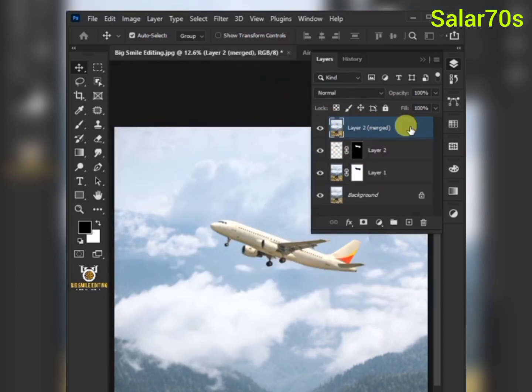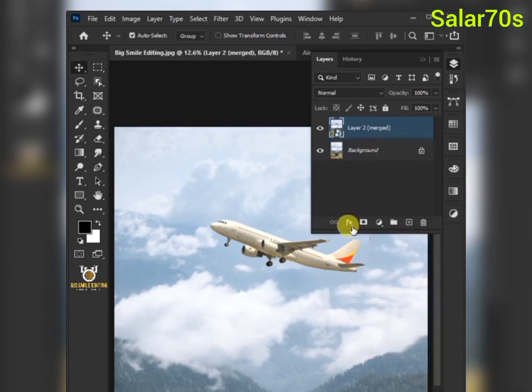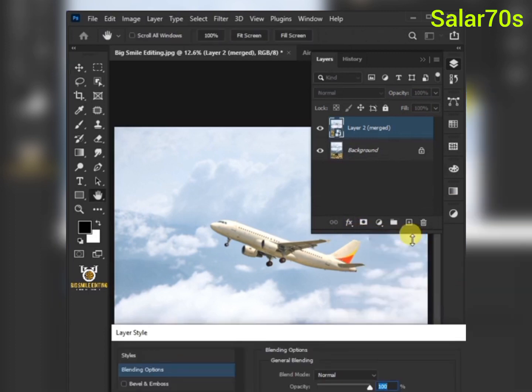Select the three layers by holding down Shift key. Then right-click and convert to Smart Object. Click the FX icon and choose the blending options. Hold the Alt key to split the white slider of the underlying layer. Press OK once you're